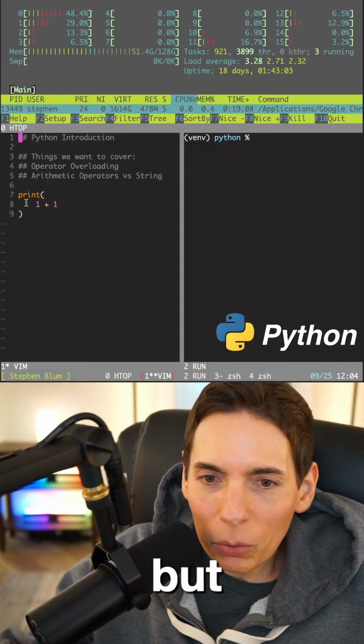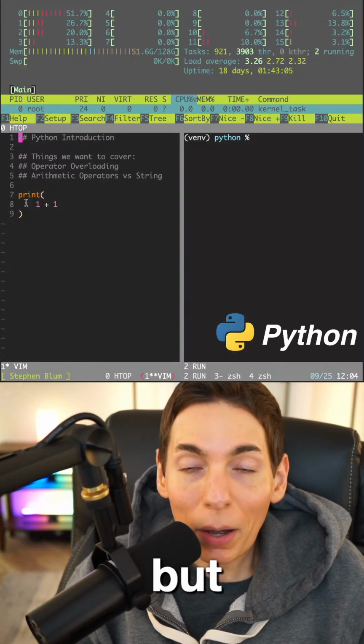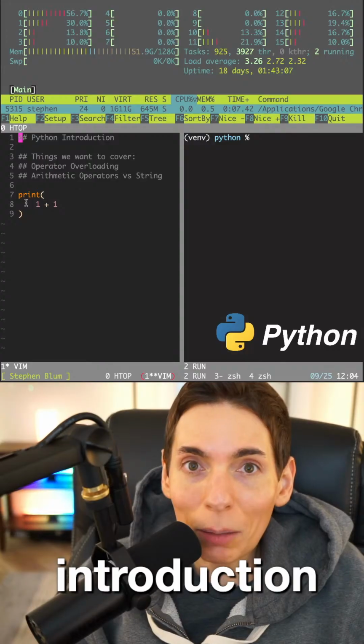But here's what we're going to do. What we're going to do today is we're going to do some Python introduction tips. And these tips, you guys,